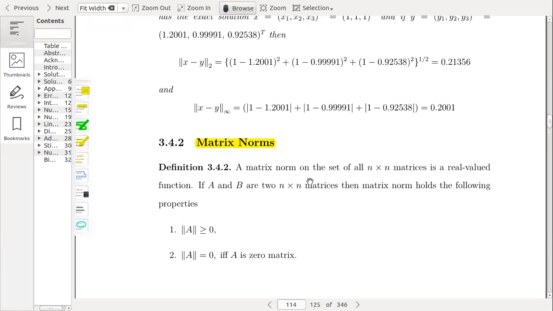Okay, similarly we can define matrix norms. A matrix norm on the set of all n cross n matrices is a real valued function. If A and B are two square matrices, then the matrix norm holds the following properties. The matrix norm is always positive, and the matrix norm is equal to 0 if and only if